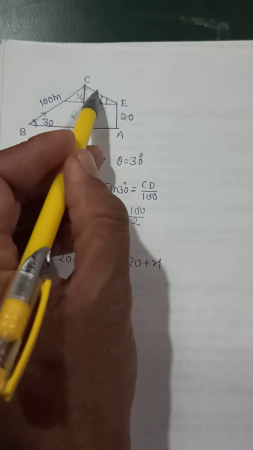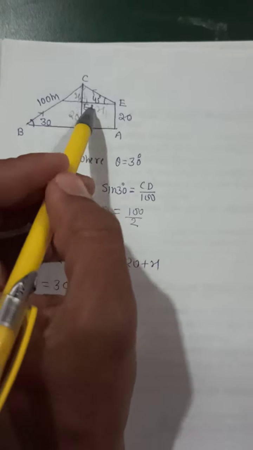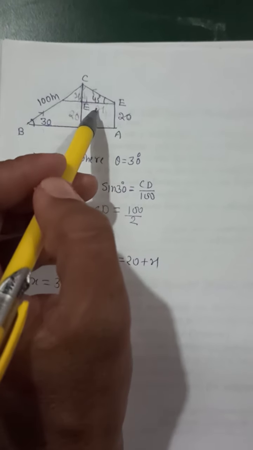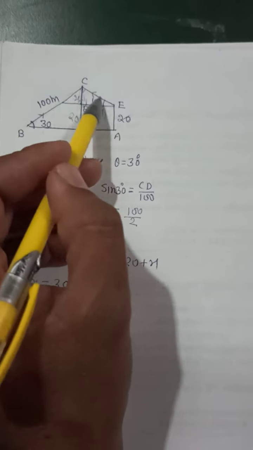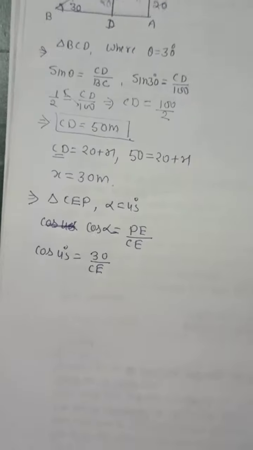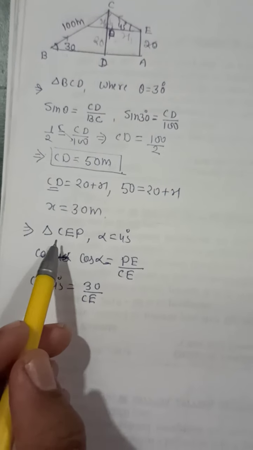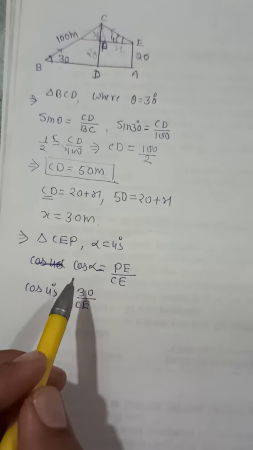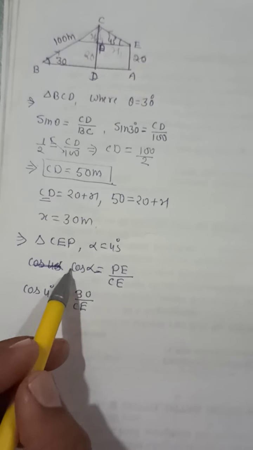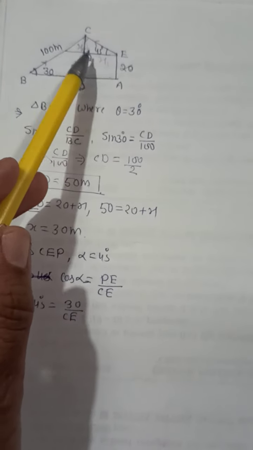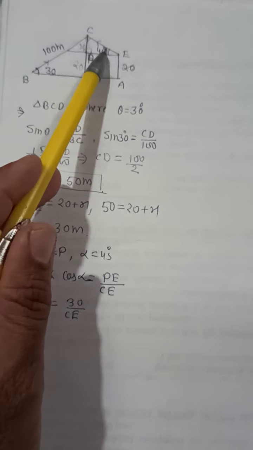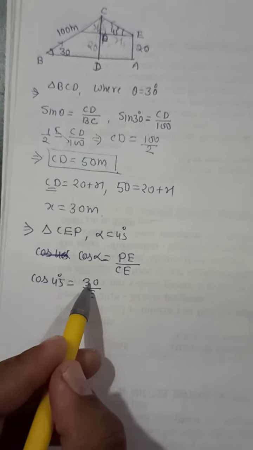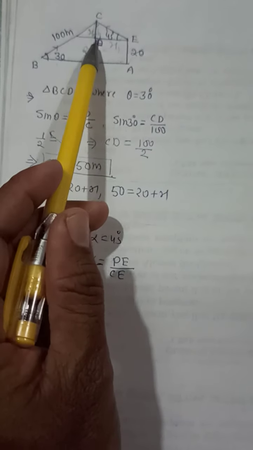Now you can use the Pythagoras theorem, or you can use the other ratios like perpendicular upon hypotenuse or base upon hypotenuse, and we can find the value of C and E. So now I am using the triangle CEP. The angle is 45 degrees, you can see that in the diagram, and I am taking the ratio cos alpha because base upon hypotenuse. You could also take perpendicular, P by H, so with sine you would also get the answer. So cos 45 with 30, we will get the distance P to E.